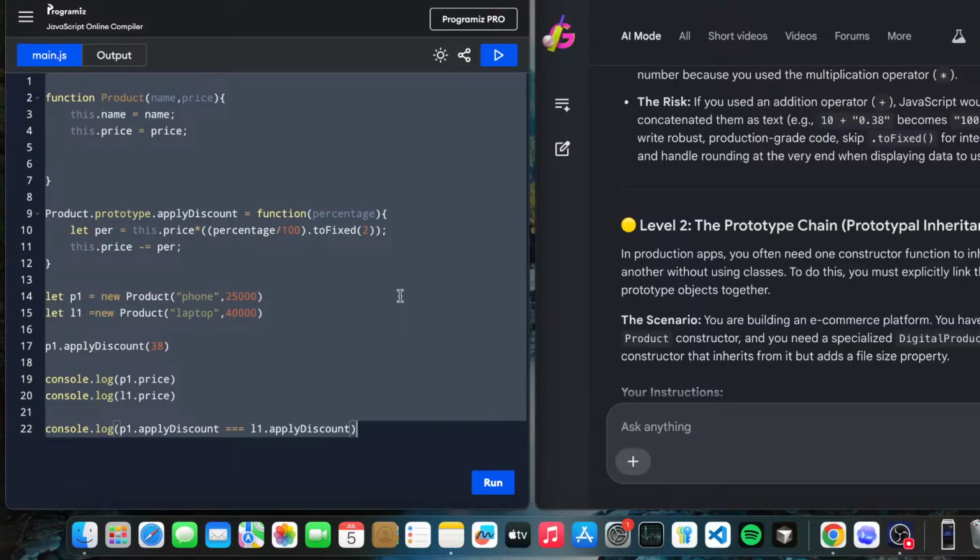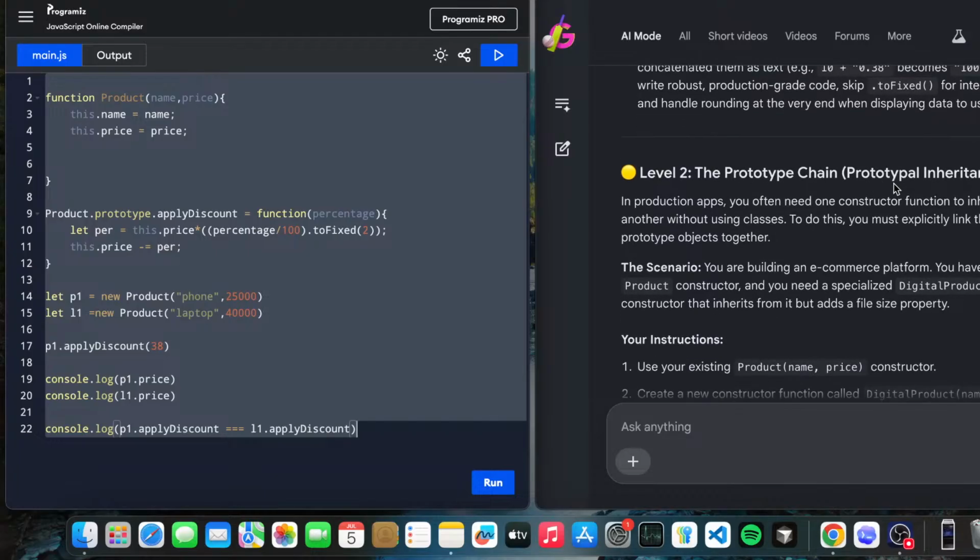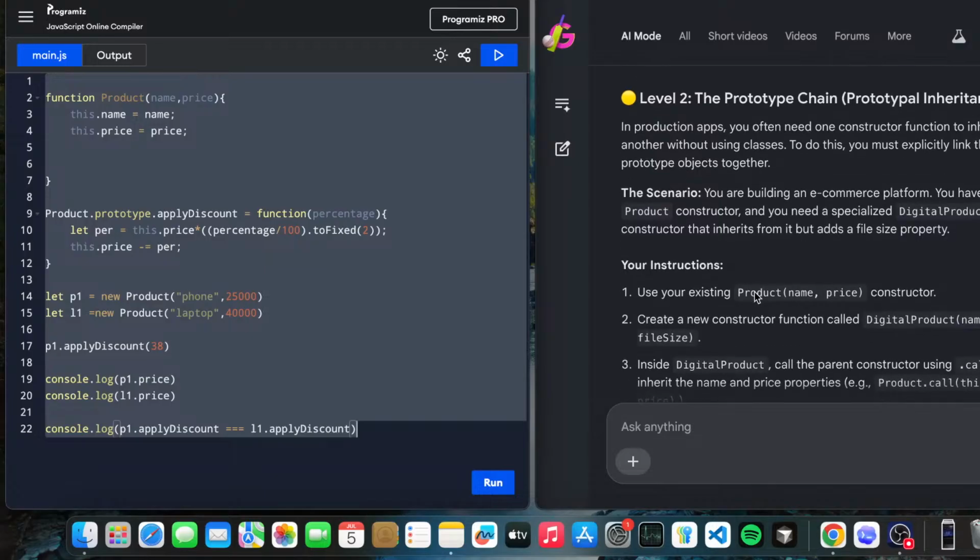In the next session we will practice the prototype chain and prototypal inheritance. In production apps you often need one constructor function to inherit from another. Soon after these sessions we will practice and master this, and then try to create a project, an OOPS-based project, where we will see real production-level things.